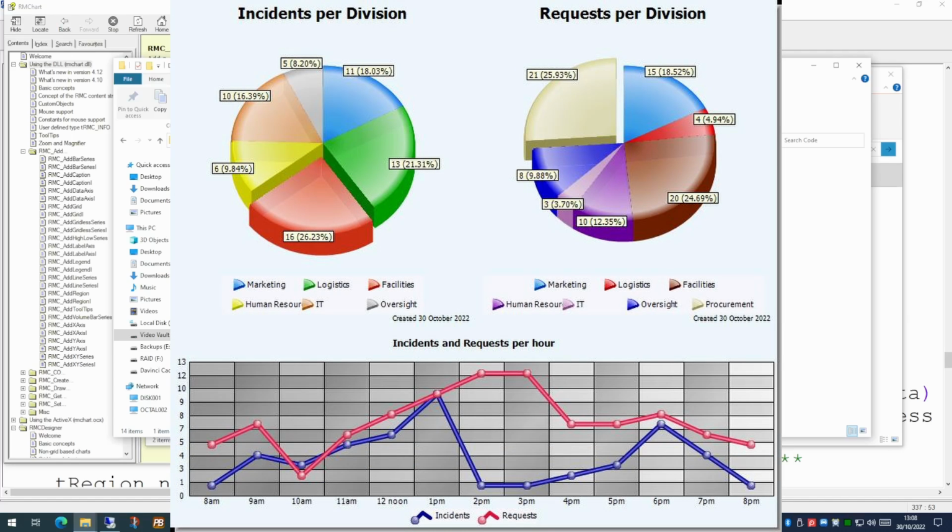So in summary, we've showed how the information can actually be populated dynamically. We've shown that there are pre-existing events in the code that allow you to click or right-click or control-click on individual slices of pies or parts of the charts. This allows you the facility to trigger drill down into other parts of the application. Hopefully you'll find this code useful in your applications, but that's it for today.